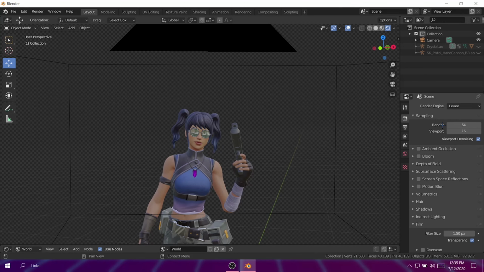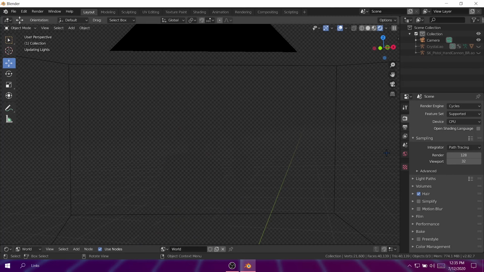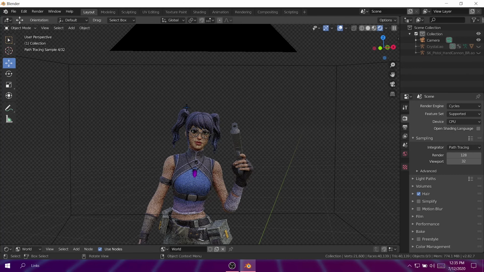So you want to change some settings in the scene here. So instead of Eevee, your render engine, from Eevee change it to Cycles. Cycles makes it way better. Now you can see everything is way better, as you can see, way more clear. So just do GPU compute, and your render